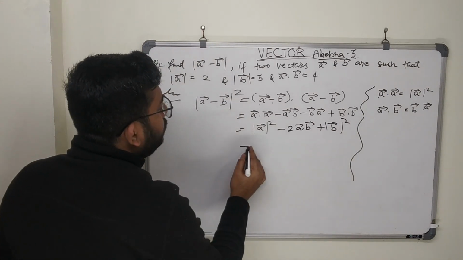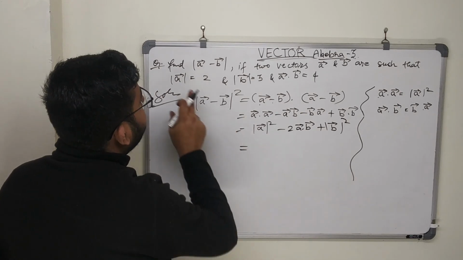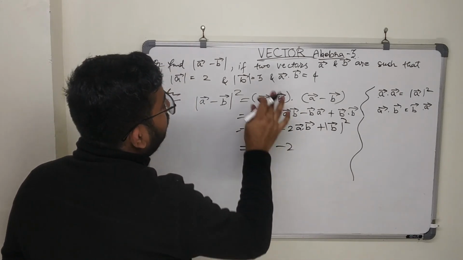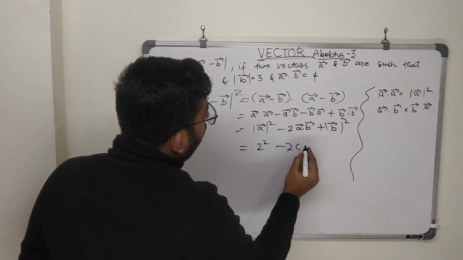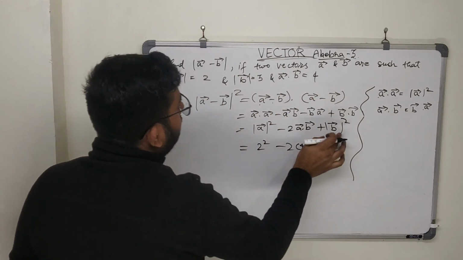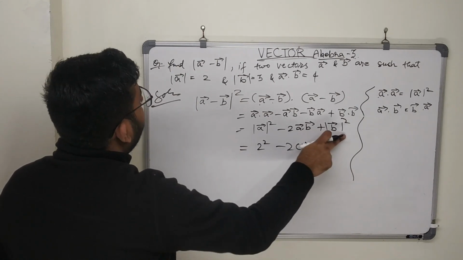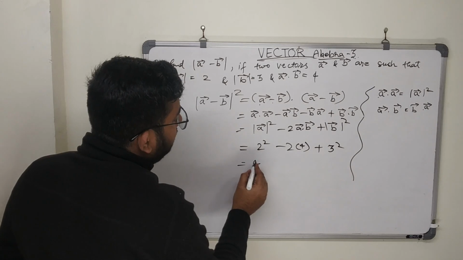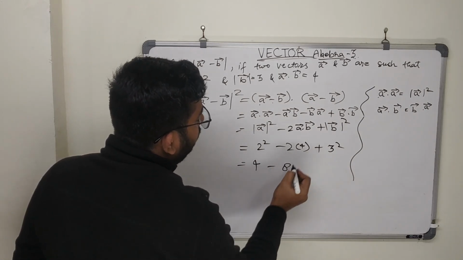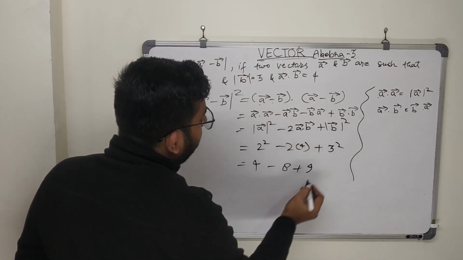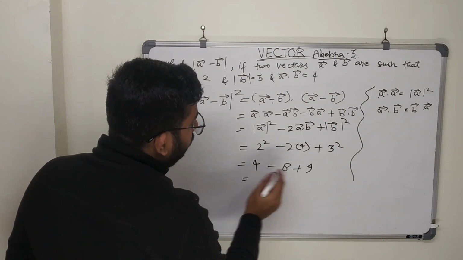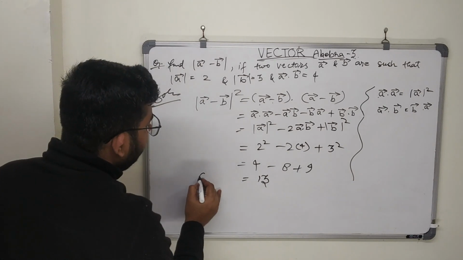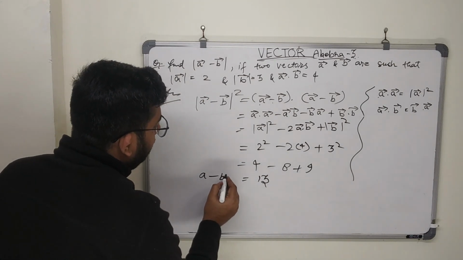Now putting the values of a vector's magnitude, that is 2 square, minus 2 times a dot b, that is equal to 4, plus the square of the magnitude of b vector, that is 3 square. So now simplifying, this is equal to 4 minus 2 into 4, 8, plus 3 square, that is 9. So this will be equal to 9 plus 4, 13, minus 8, equal to 5. So this is the value of a minus b vector's